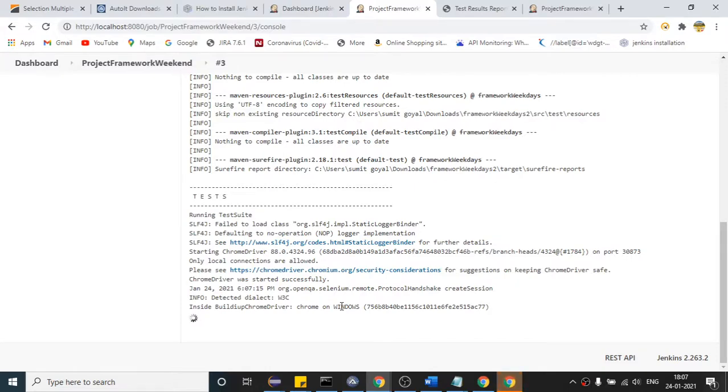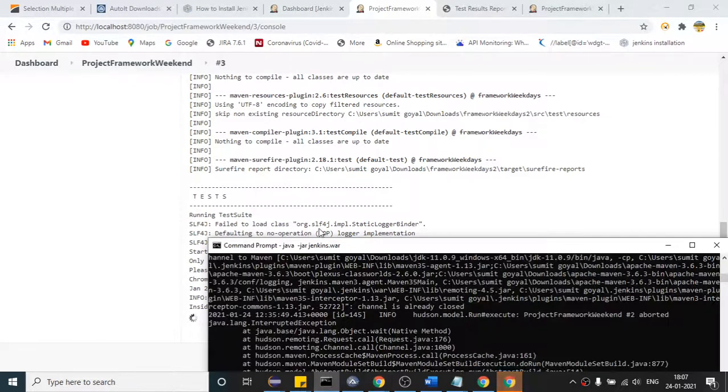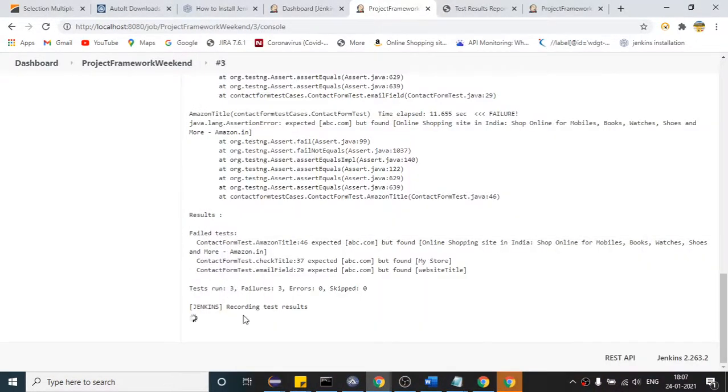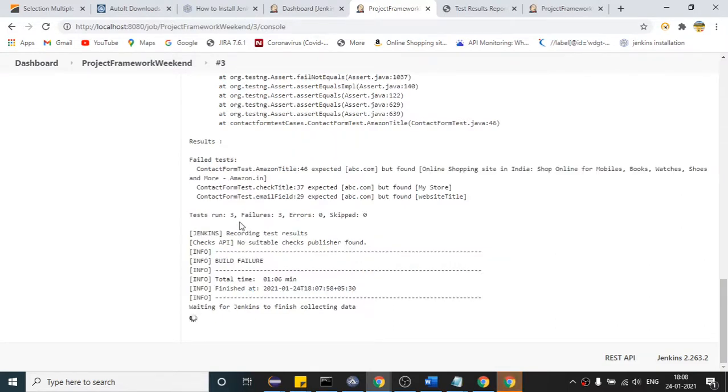This time it should not get stuck; some issue was coming from here, I think that is the reason it failed. Anyways, total test case 3 failed, that is fine. This time it should invoke after that.